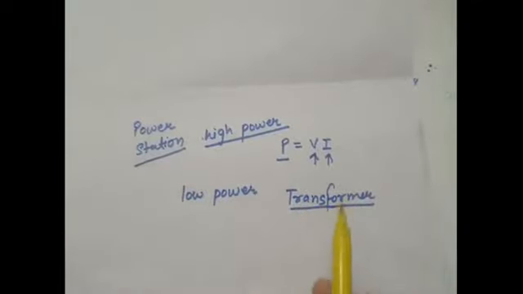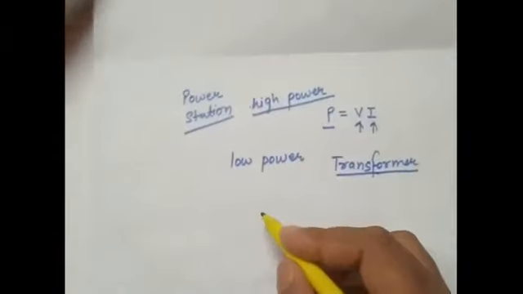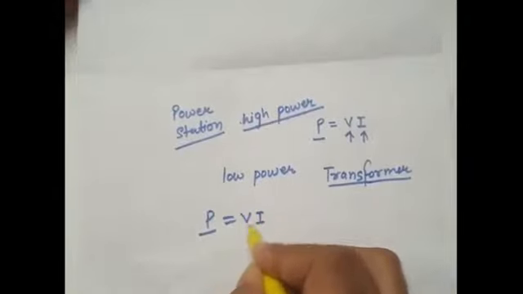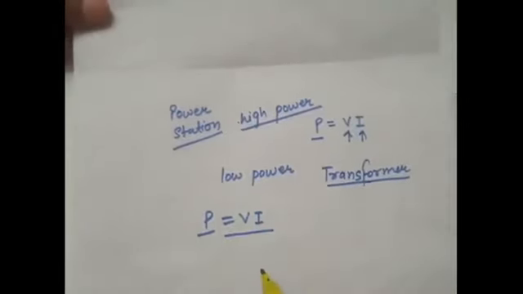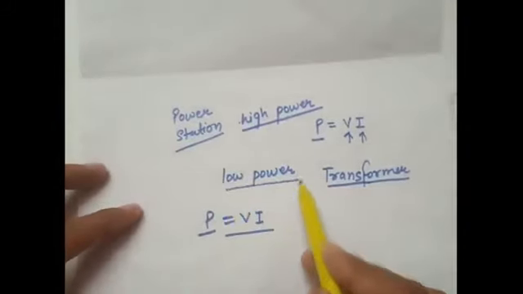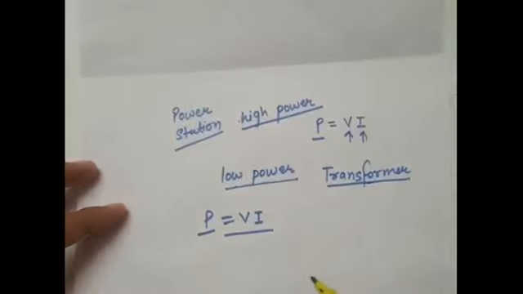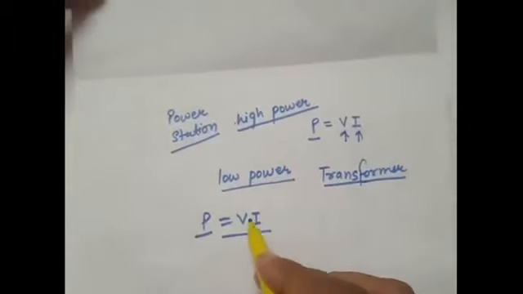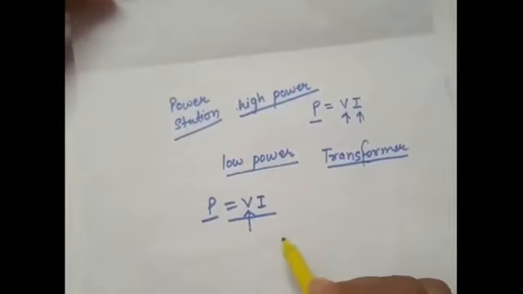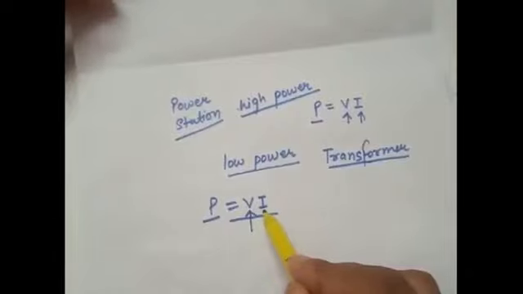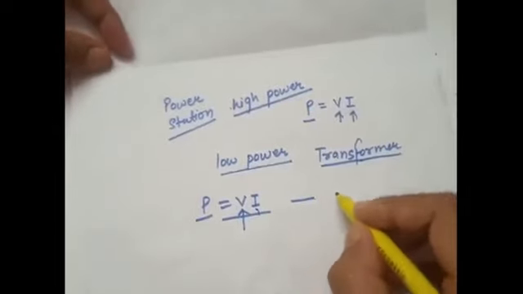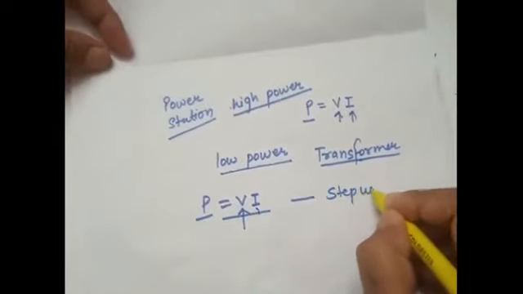And how does it do so? We have the electrical energy in the form of power, and power is equal to voltage into current. So let's say from the power station we have supplied low power and we want to increase this power now. This is done by increasing the voltage instead of increasing the amount of current. When we do this, the transformers are called step up transformers,